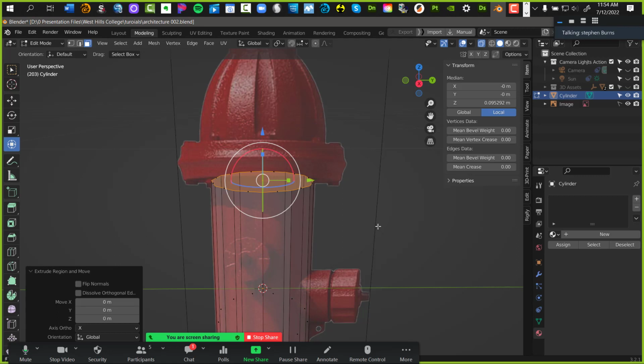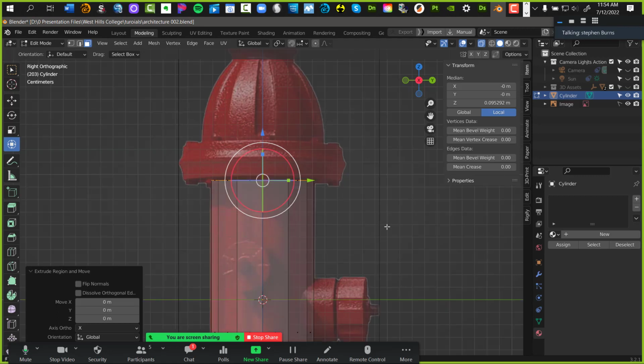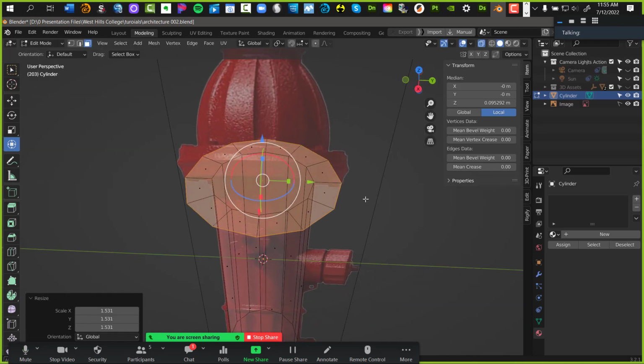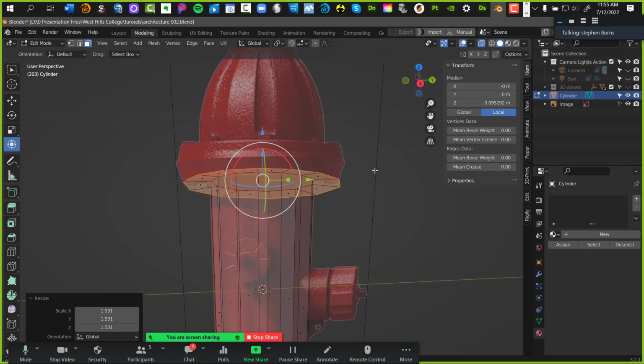Now I'm going to go back over to the 3 key on my keyboard to go to my orthographic view. What it's done is it's created an extra set of polygons for me to distort. How I'm going to distort it is hit the S key again for scale. You're going to be using it a lot for scale, and just rotate it out. You see? That's going to be the base. I want to go right to the tip here, and then left click, and this is what you should have. I want you to get to this point.